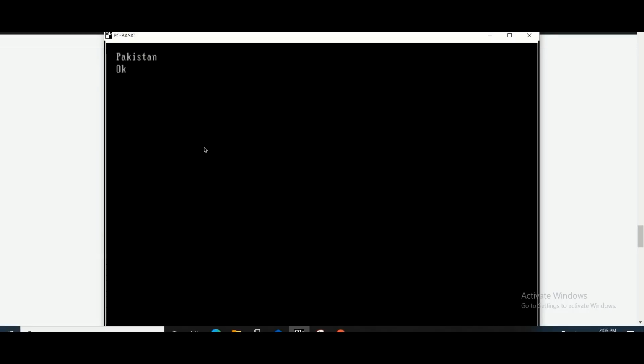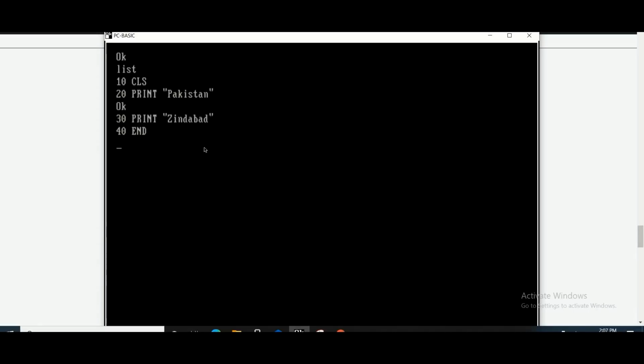First we are going to see list command. You can see list command, it is showing the list of the program. This command I have used in previous lesson also. Let's add some more lines in our program. Print Pakistan Zindabad, right? And on line number 40 I am ending my program. End command is used to end your program.